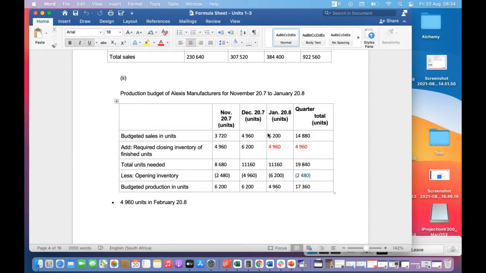I feel we're getting each other, but I just want to explain it in another way just to make sure that it sinks. Remember, we're doing the budget for the quarter, and we're saying, at the end of the quarter, what is going to be the required inventory for the next month? Does that make sense? The closing inventory for that is required. At the end of the quarter, we know that for February we require 4,960. So that's why we're just plugging it in as that. We're not going to require this 4,960 plus 6,200 plus another 4,960.